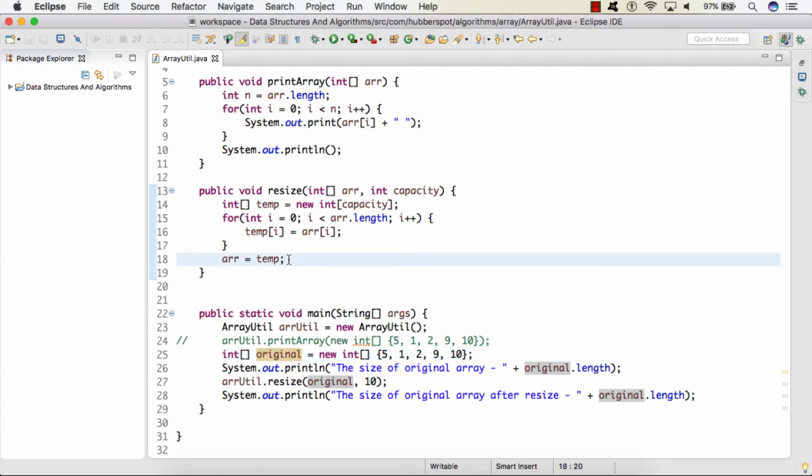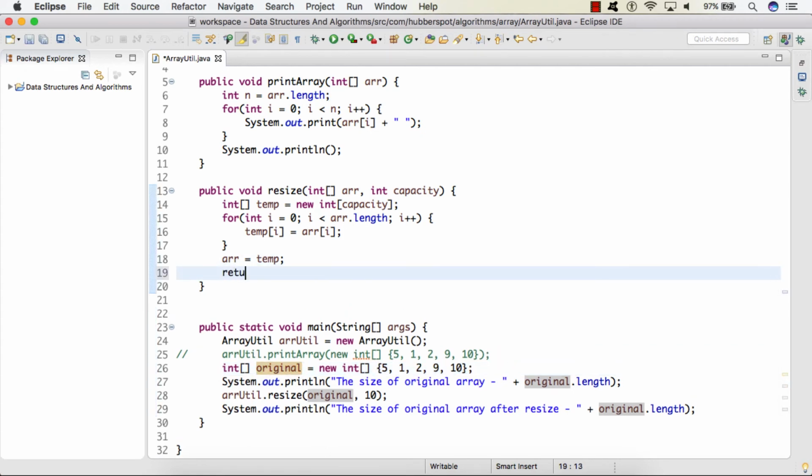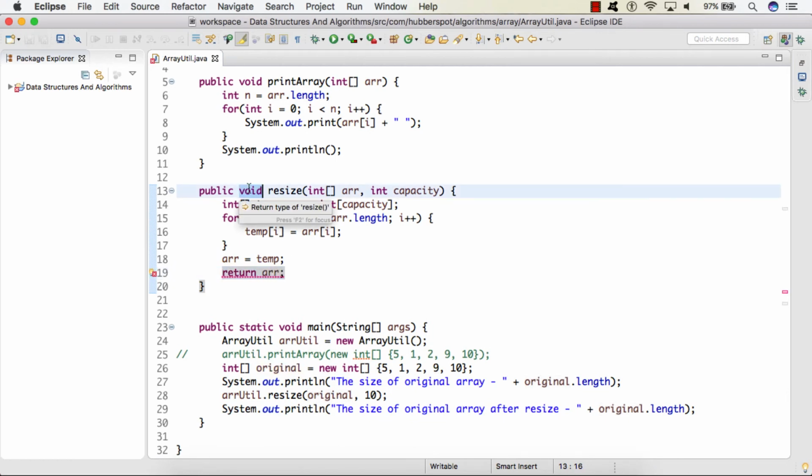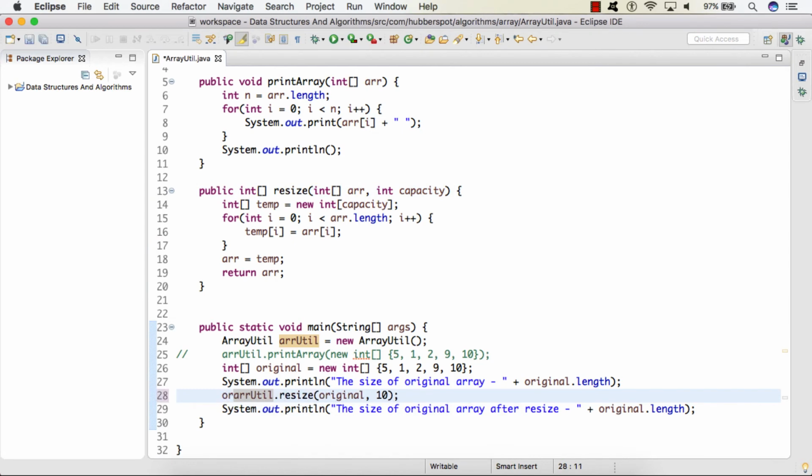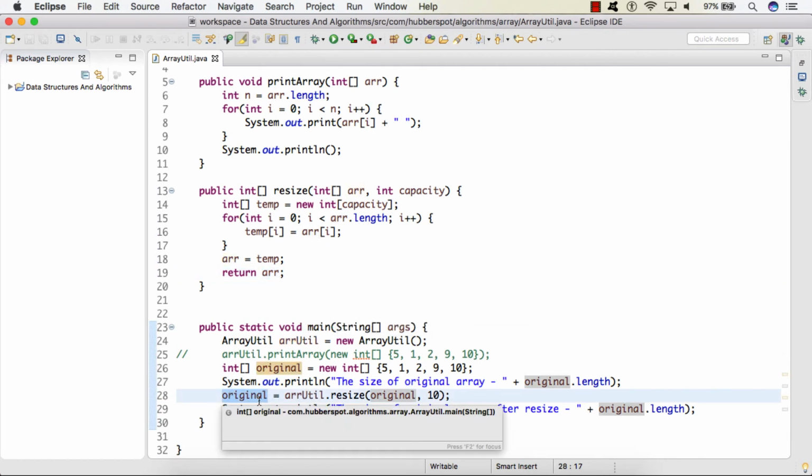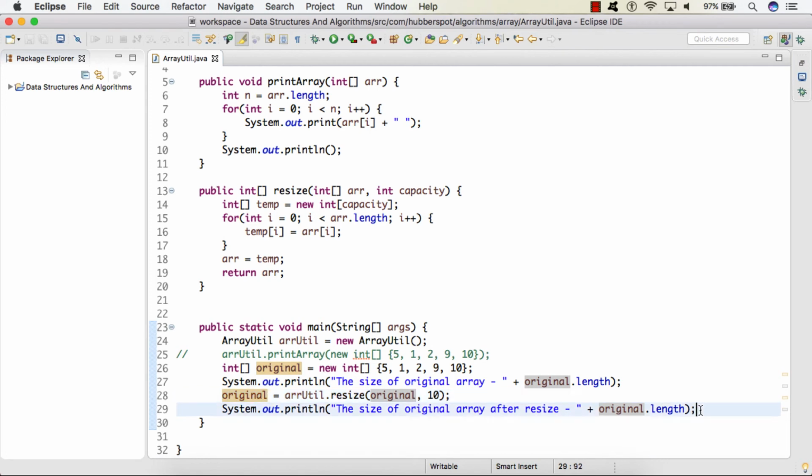So what we do here is we have to return this array from this method, and instead of void, we have to give the return type of integer array, so that here we can get this array as we are returning it from here, and we can store it in original, and finally we can print the length of this original array. And here if I run the code now,